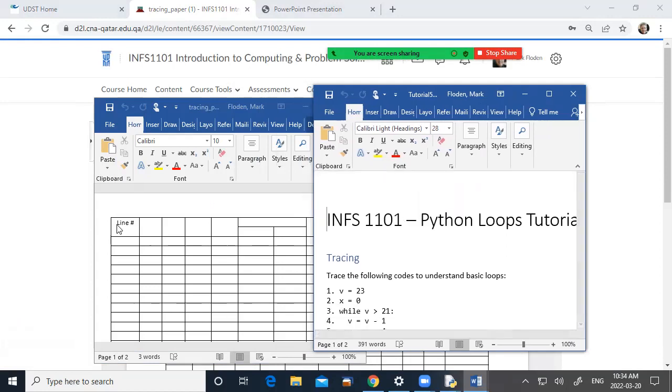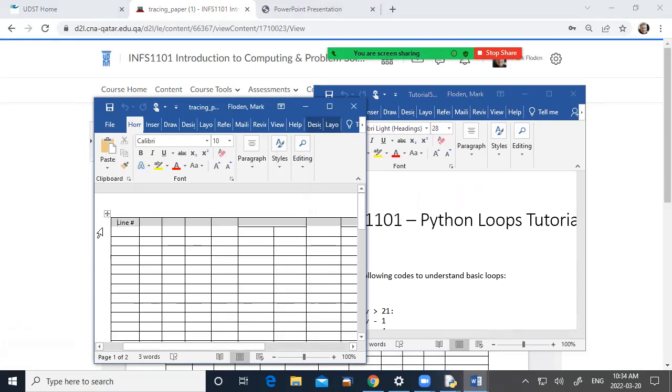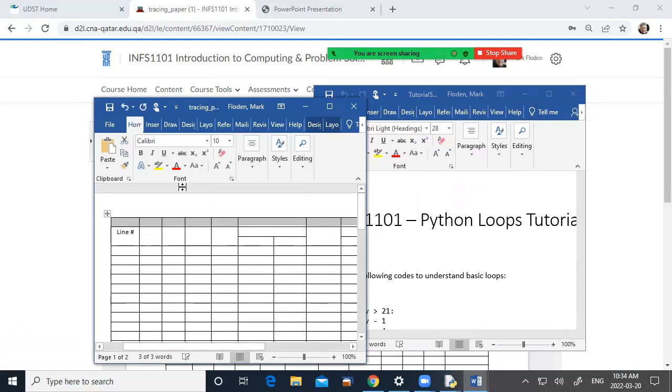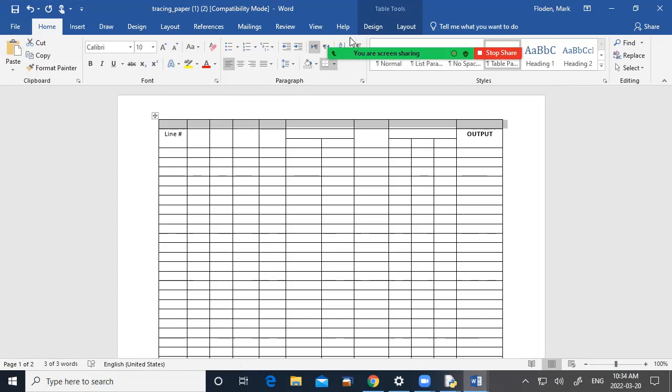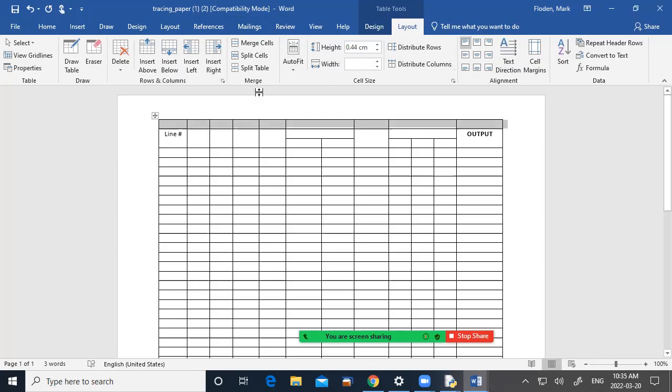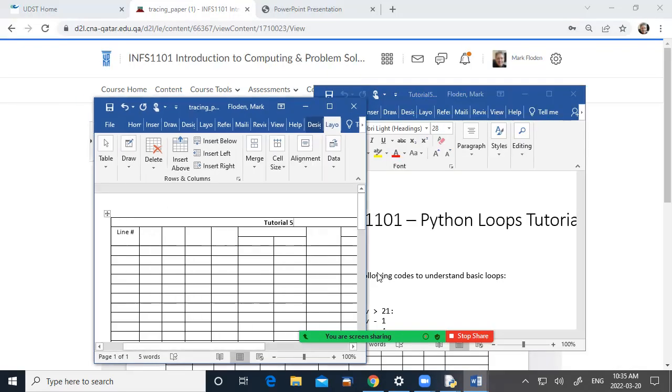So if we're going to do it in tracing paper, I suppose I should put a row above that line, and let's do the layout. Oh, come on, this is in my way now. It's because I want to do a merge. There we go. So this one is going to be tutorial 5. And let's have a look. So starting straight up,